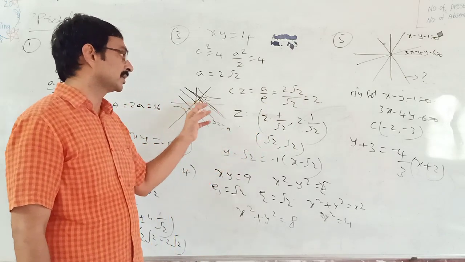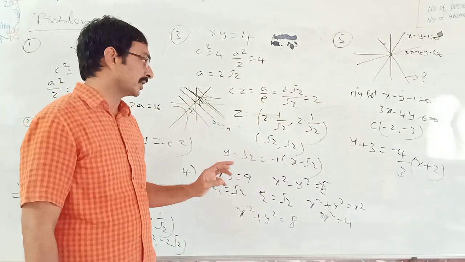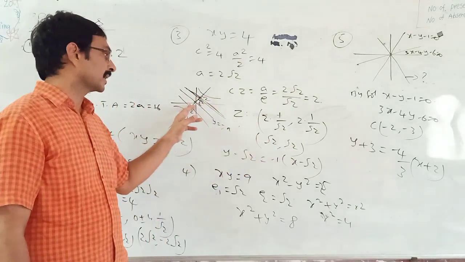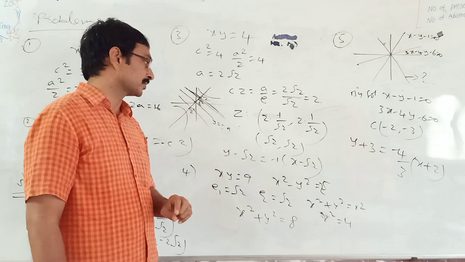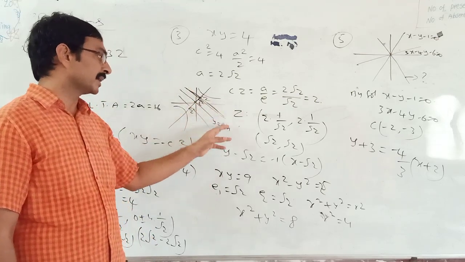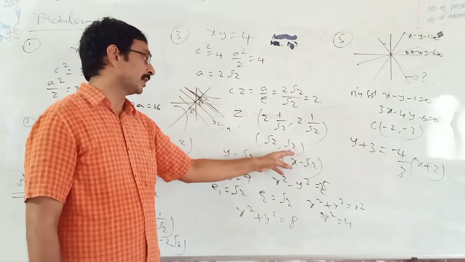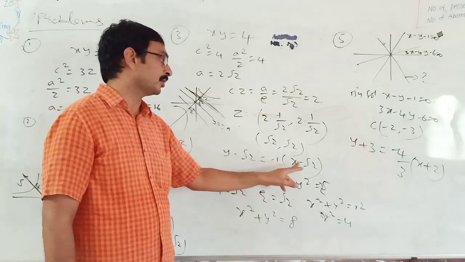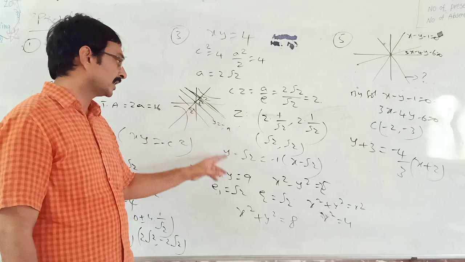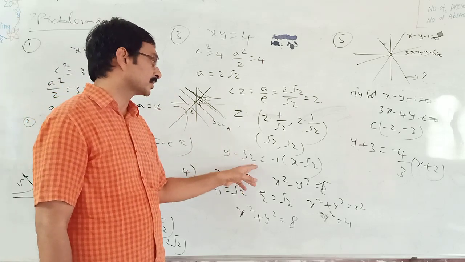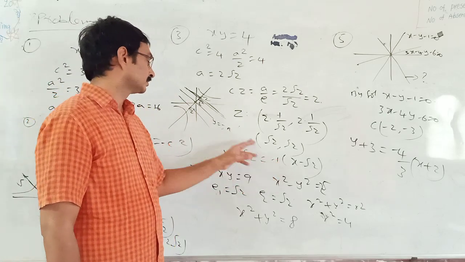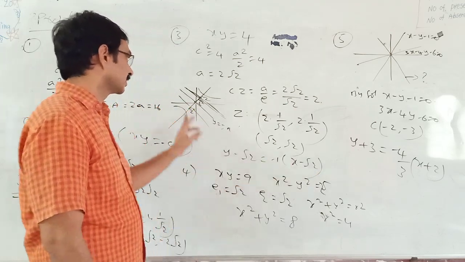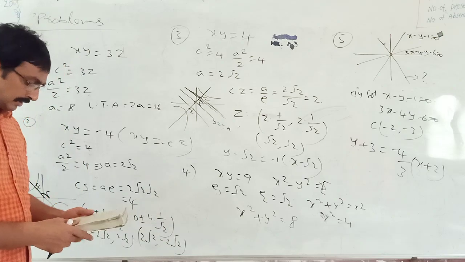x1, y1 are 0, 0, r value is 2, theta value is 45 degrees. So, in the first quadrant, root 2 comma root 2, and in the third quadrant, minus root 2 comma minus root 2. So, the required directrix passes through the point root 2 comma root 2 and has slope minus 1. Y minus y1 equal to m into x minus x1. Similarly, for the other one, y plus root 2 equal to plus 1 into x plus root 2. That is in the third quadrant.